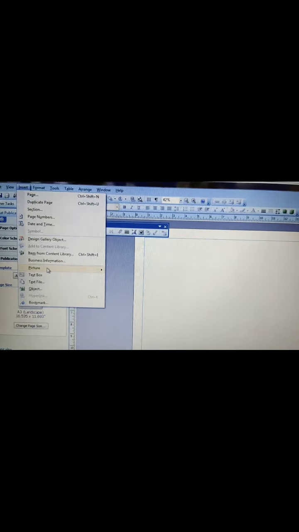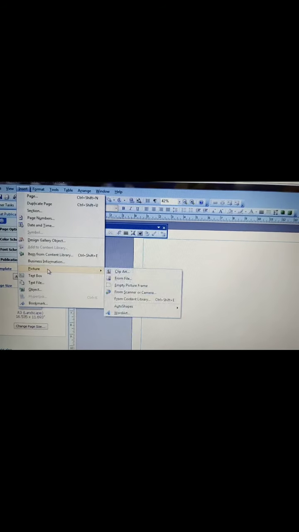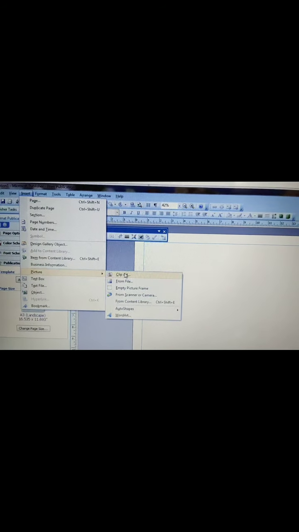I will go to the Insert tab, then to Picture. You can get a picture from the clipboard or from a file. I'll get it from a file.